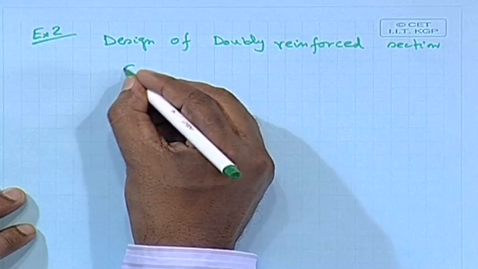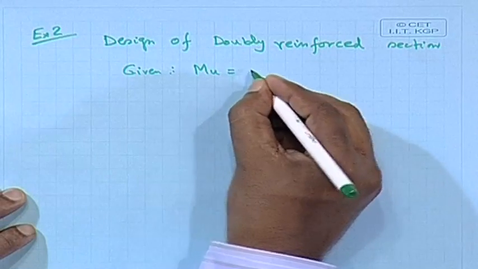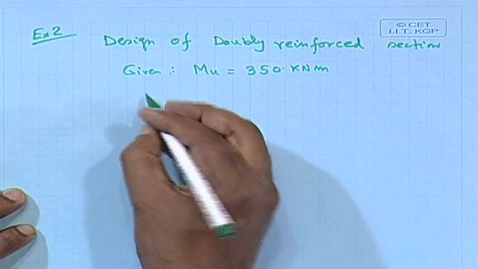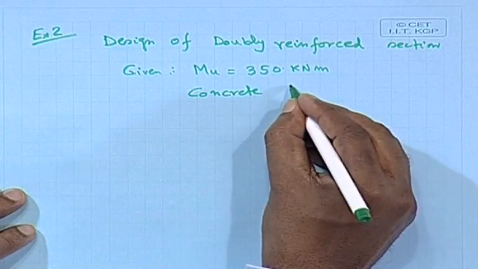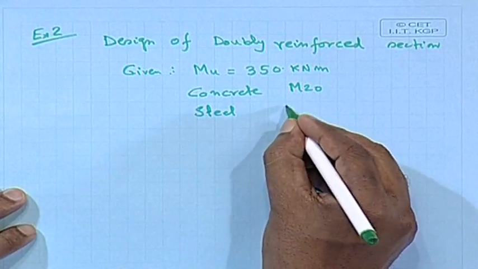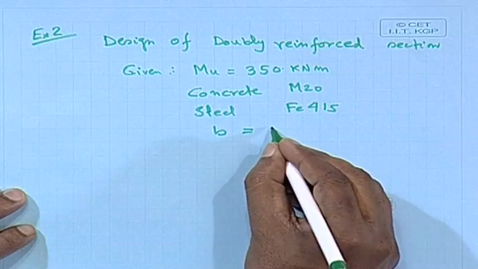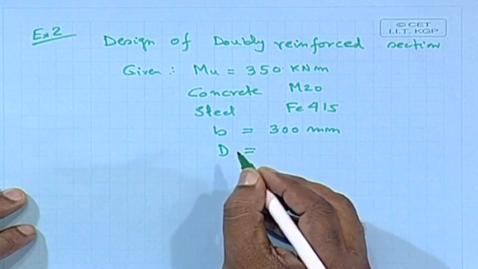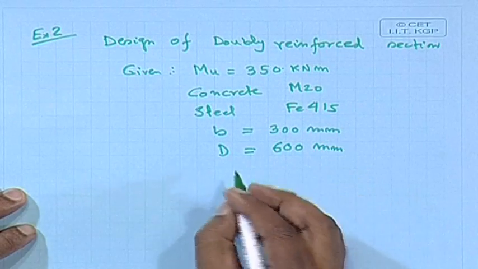Given: Mu equal to 350 kilonewton meter. Concrete M20, steel Fe415. B, width of the beam, 300 millimeter, capital D, overall depth 600 millimeter, clear cover